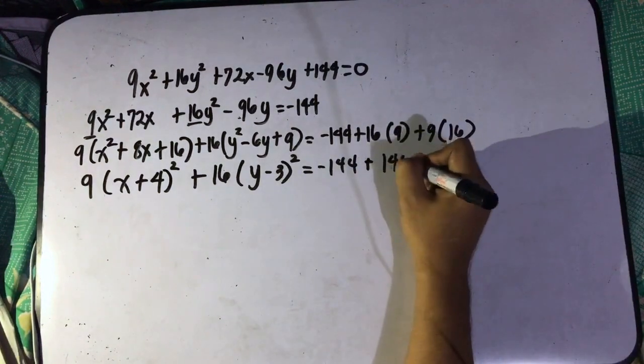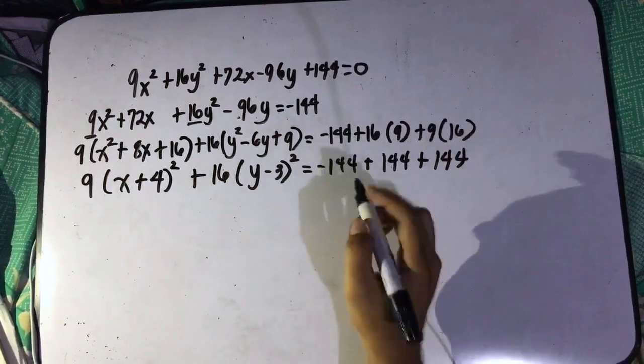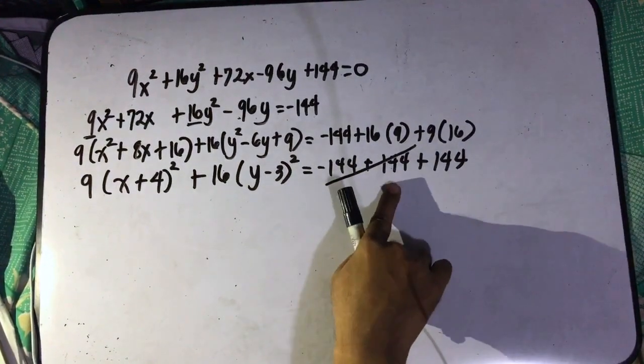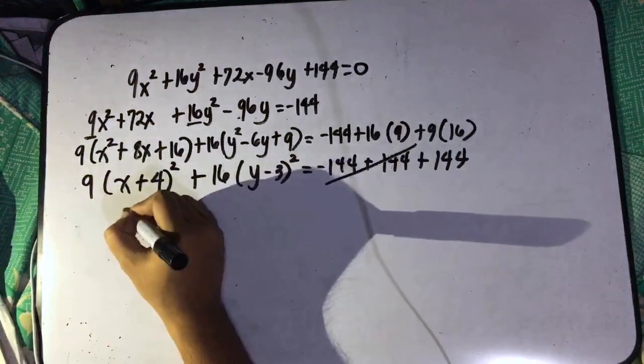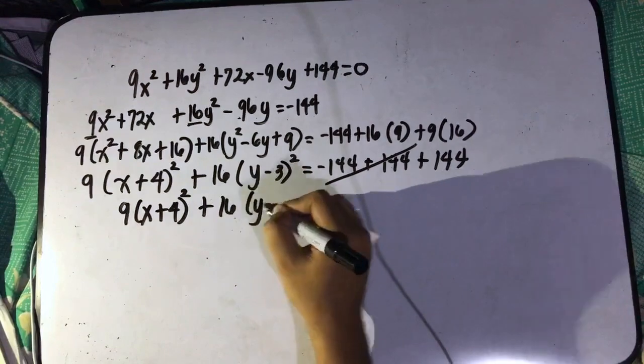16 times 9 is 144. Also, 9 times 16 will give us an answer of 144. So, i-cancel na natin yung isang 144 saka isa pang 144. Ang matitira na sa kabila is 144. So, this becomes 9 times the quantity x plus 4 squared plus 16 times the quantity y minus 3 squared